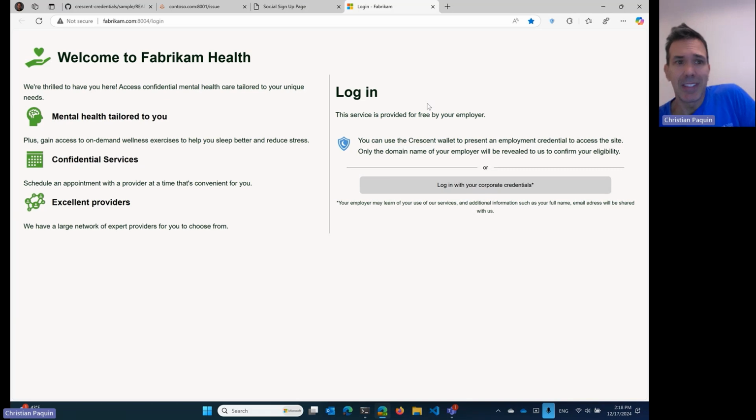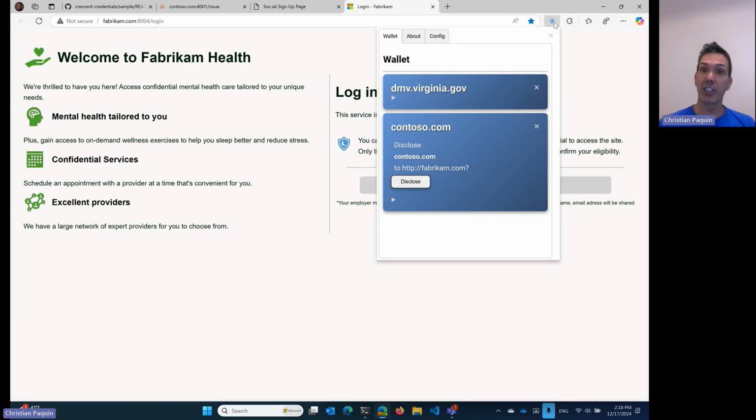But this is a very sensitive and personal matter, and she's not comfortable letting her employer know that she's visiting that website. In fact, she's not even comfortable with the website knowing who she is, and she'd like to be anonymous, or at least develop a pseudonymous relationship with this service provider. She's able to use the Crescent wallet to present a proof that she's a valid Contoso employee